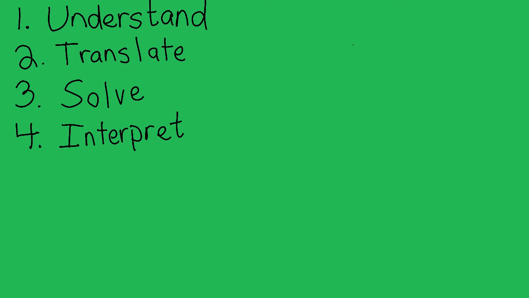But the first step to solving a problem is to understand the problem, and that means we have to be able to identify what we're being asked to find and what information we're given. So I might make something like a given column and then a find column,